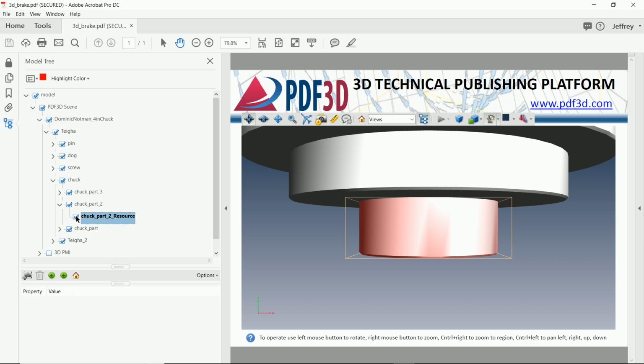Now you'll notice in front of chuck part 2, I also have a blue check mark. The blue check mark allows me to see or hide a part if I need to. Hiding parts is useful if I'm trying to find things behind other things. So if I can see the blue check mark, I can see the item over here. If I cannot see the blue check mark, I have hidden the item